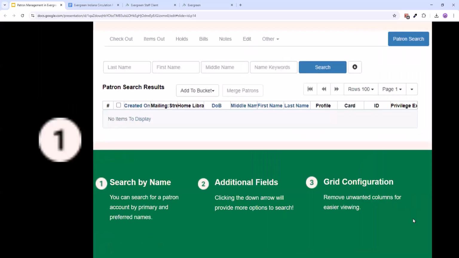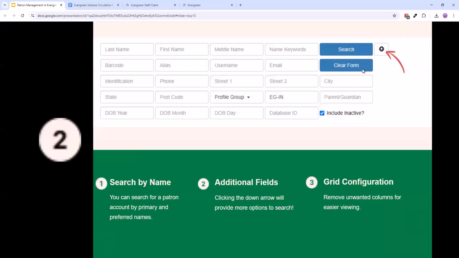First, we will search by name. That's usually the first thing we want to do when we search. We have last name, first name, and middle name options to search for a name. If you need a few more options, you have that little arrow pointing down. When you click on it, it's going to open up additional fields that you can use to search for the